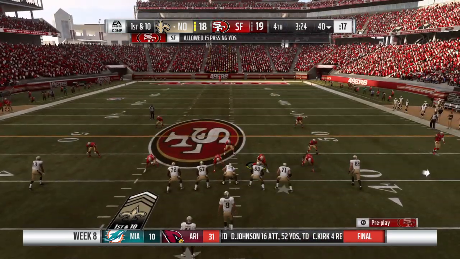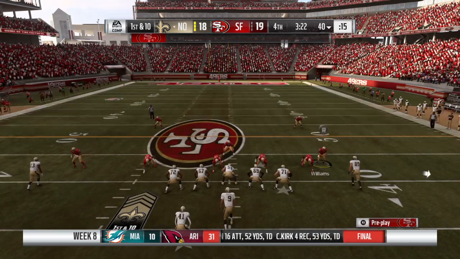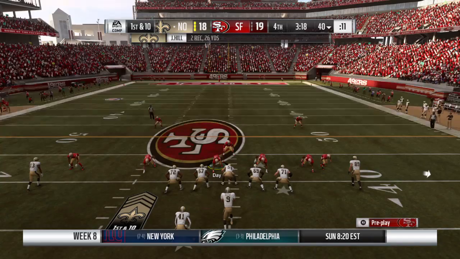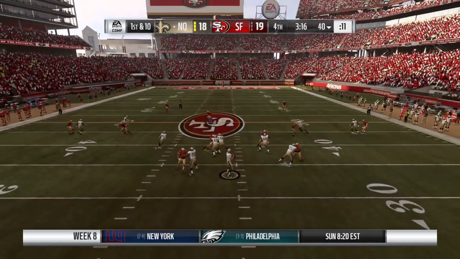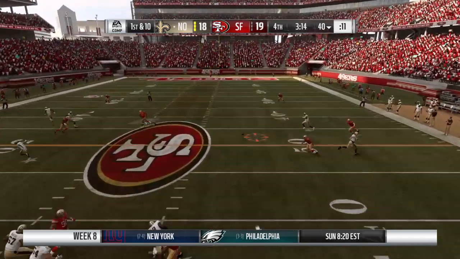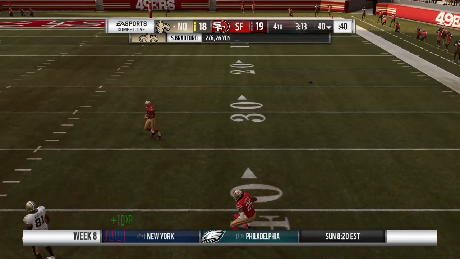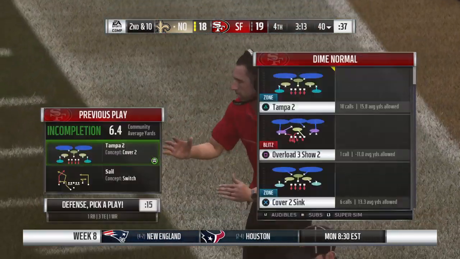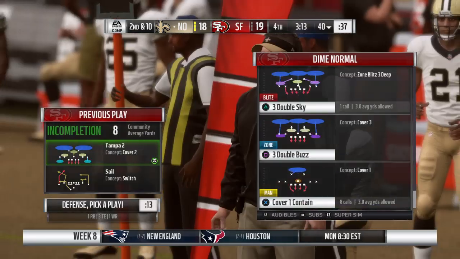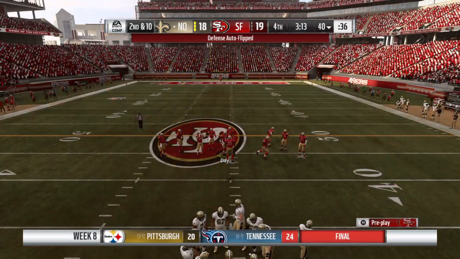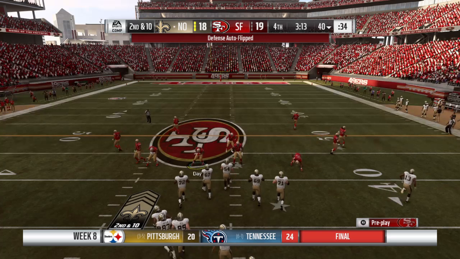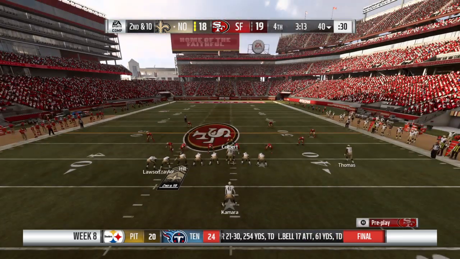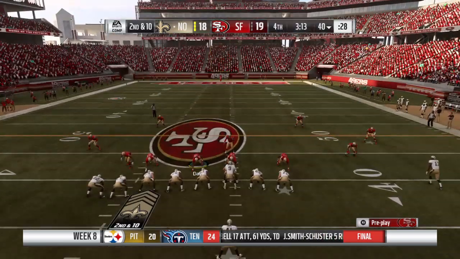And there they went crossing route against the zone defense. What do you think of that? Takes real coordination between the passer and the receiver because you've got to read those zones and where the open spots are and be on the same page with the guy throwing the football. Because sometimes you're throwing it in front of the zone. Sometimes you're throwing it between the zones. Sometimes the receiver's going to just kind of find a spot and what we call sit down and present himself to the quarterback and throw it there. It's a tough read, but when they're in sync, it's really effective.